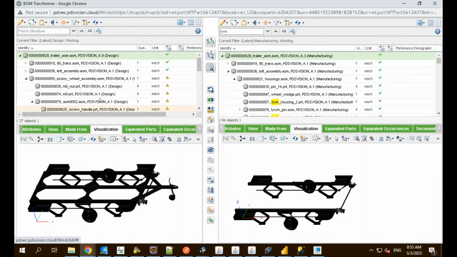So tomorrow, if I want to update this jockey wheel assembly, I can click on it. You see it gets updated automatically in the visualization. And you can see that it is not yet being generated in the mBOM. So this visualization can also help you to manage the mBOM efficiently rather than just looking at the part numbers